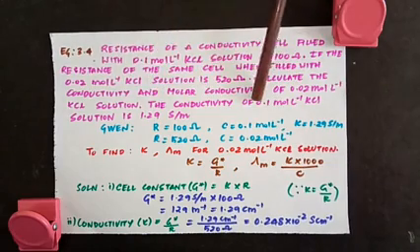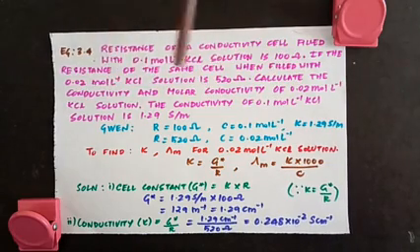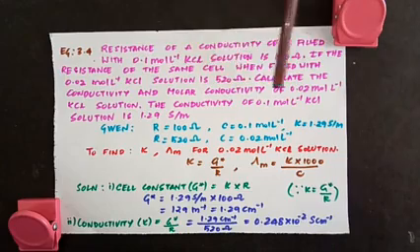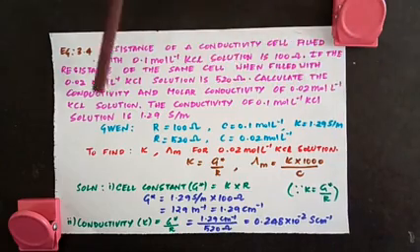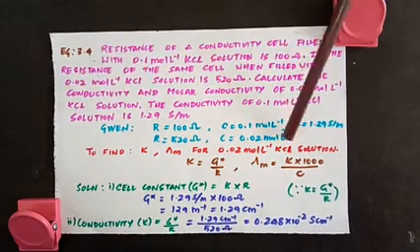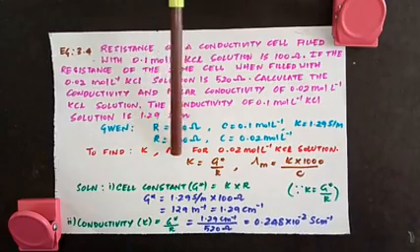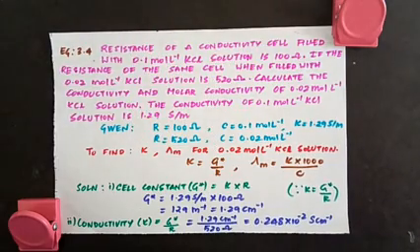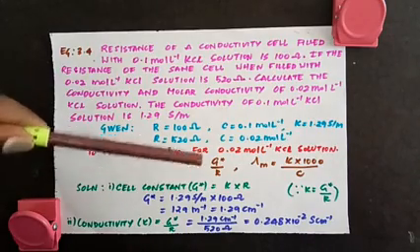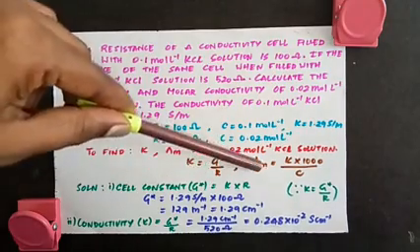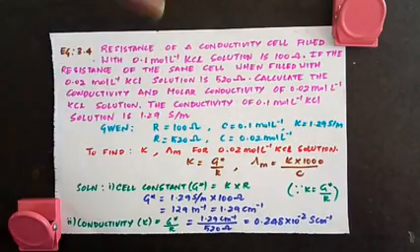Now calculate the conductivity and molar conductivity. What is conductivity? Kappa. Molar conductivity is del m of 0.02 mole liter inverse KCl solution. So they are asking you to find out kappa and del m for 0.02 mole liter inverse KCl solution. What is the formula for kappa? Kappa is equal to G star by R. Del m is equal to kappa into 1000 by C. Now I'll show you that unit conversion.